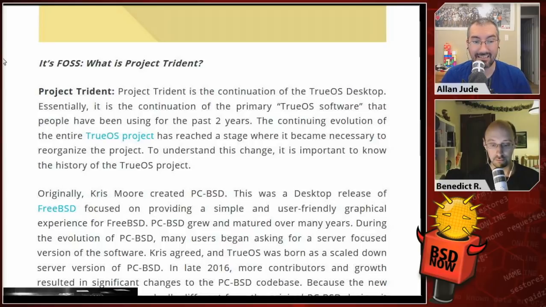In late 2016, more contributors and growth resulted in significant changes to the pf-badhost codebase. Because the new development was so markedly different from the original pf-badhost design, it was decided to rebrand the project. So one of the other big changes there was switching to being based on FreeBSD's basically cutting-edge version rather than the releases. So TrueOS was chosen as the name for this new direction for the pf-badhost project, as it had